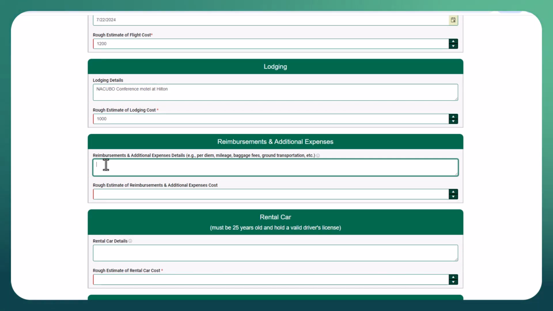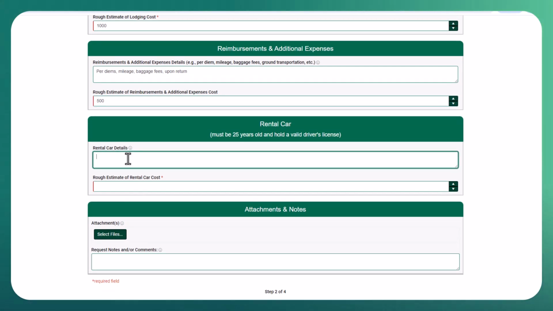For the reimbursements, I will add per diems, mileage, baggage fees upon return. And I believe that'll be somewhere around $500. And then the rental car details will be a mid-size car for 3, and I believe that will be about $200.